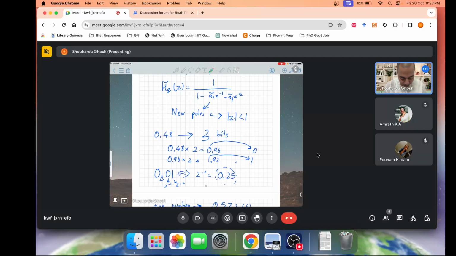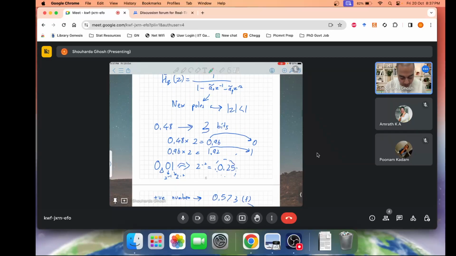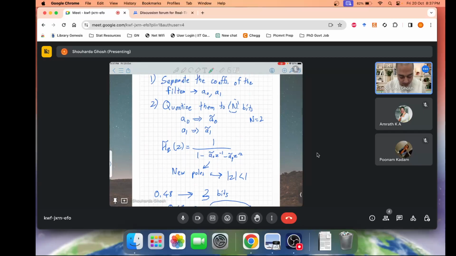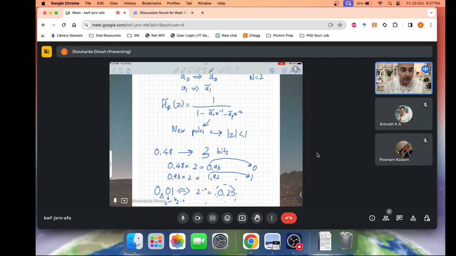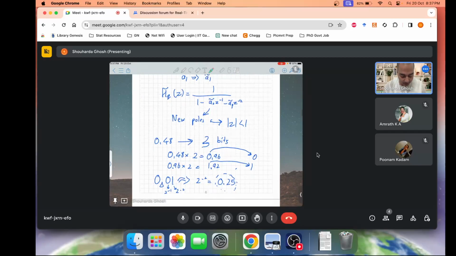For example, say you have a coefficient 0.48, and let's say I want to quantize it to 3 bits. So I will try to convert 0.48 into a